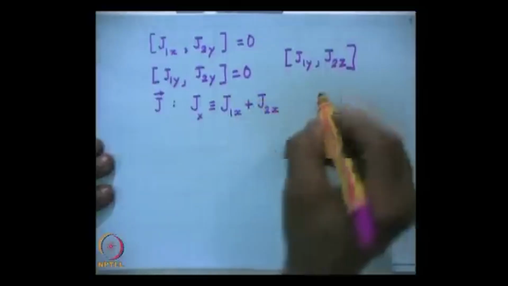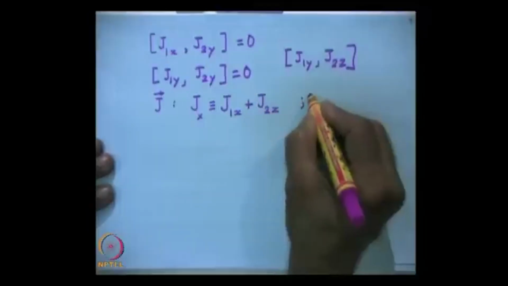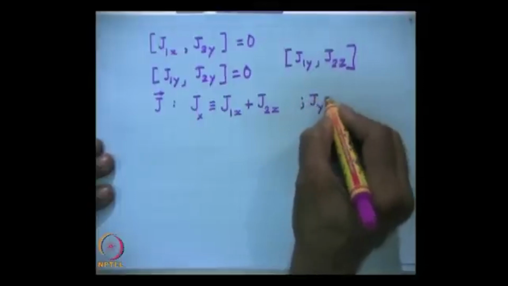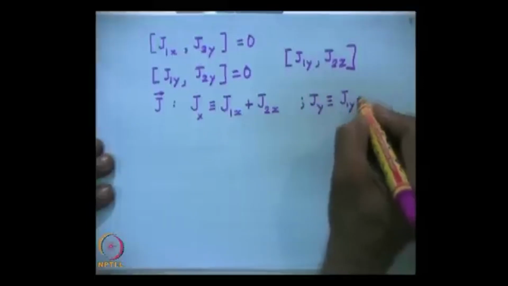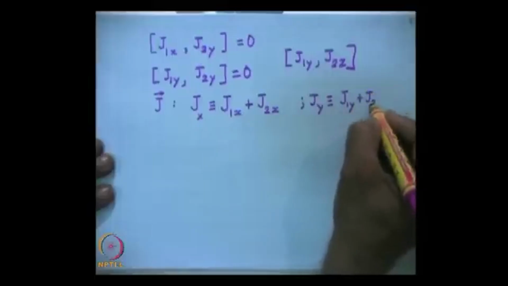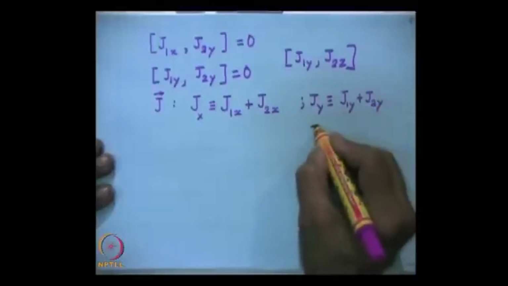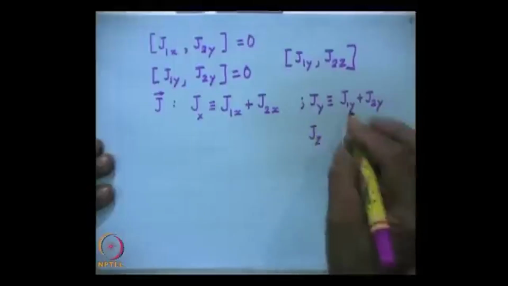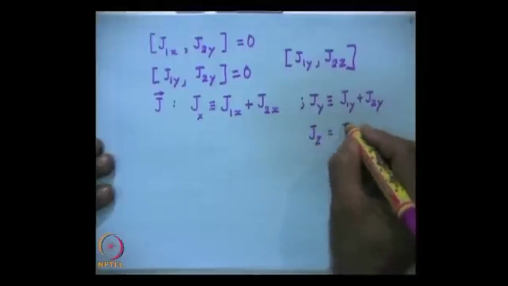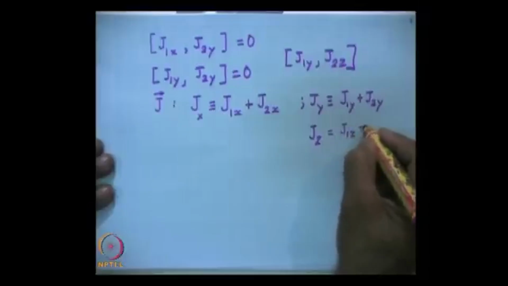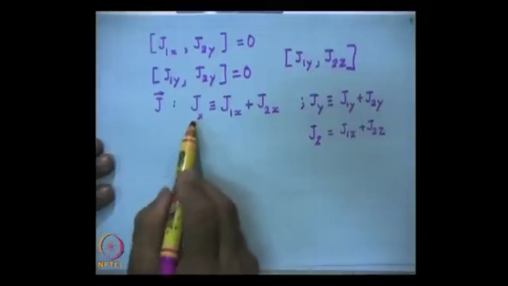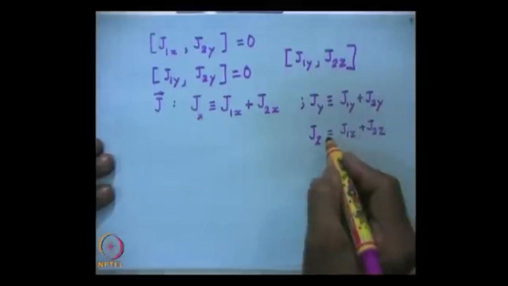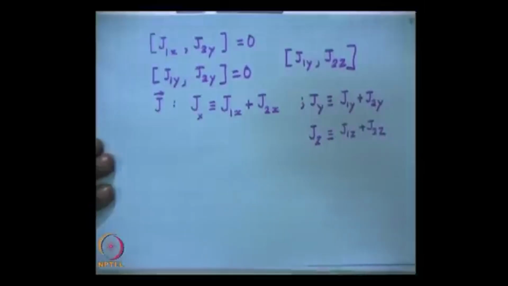Similarly, Jy is defined to be equal to J1y plus J2y, and Jz is equal to J1z plus J2z. So, we define Jx, Jy and Jz by these three relations,